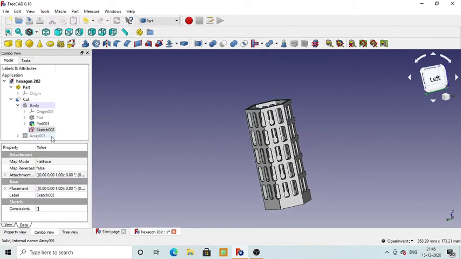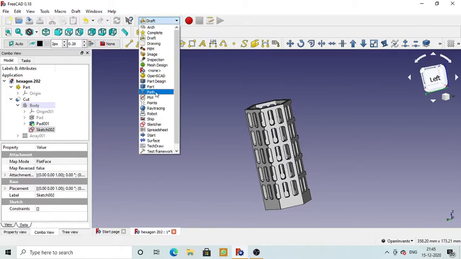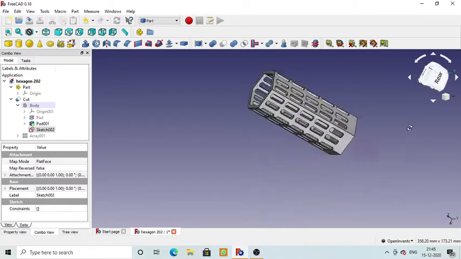Then select it, and this time go to this draft option finally to make an array. The array can be polar or orthogonal. In any manner you can make it. After making the array, it's important, again go to this part option, control body, then control array, and then make a cut out of the body,